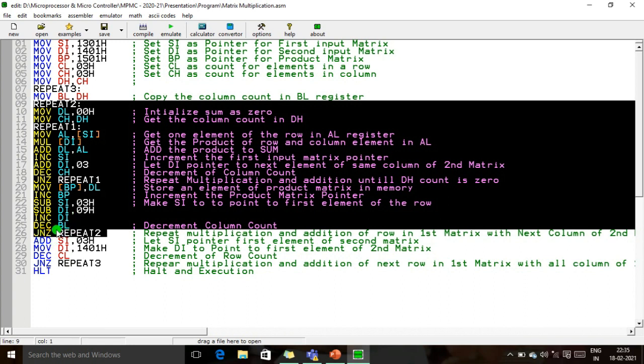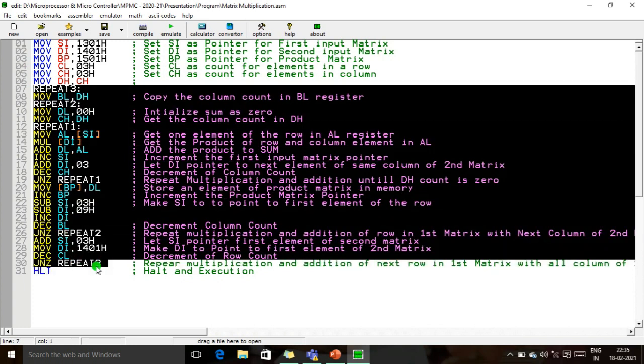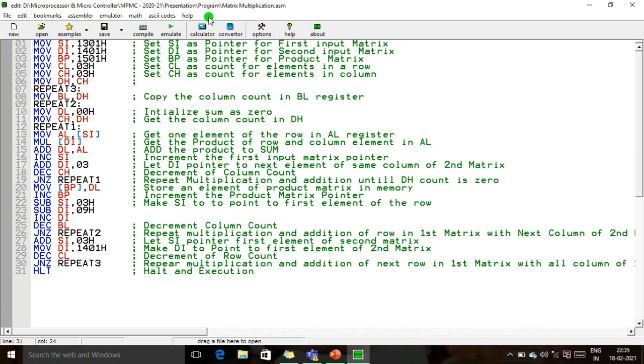After this we get the first row of the product matrix. Clear? Next, this is the final one. Once this process is completed, we get the complete product matrix. Now I am going to execute this program.